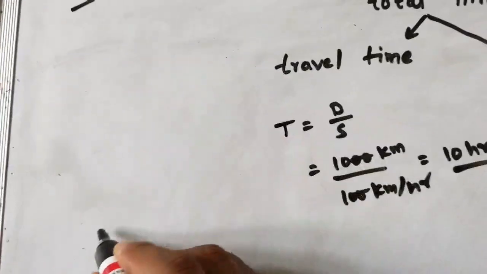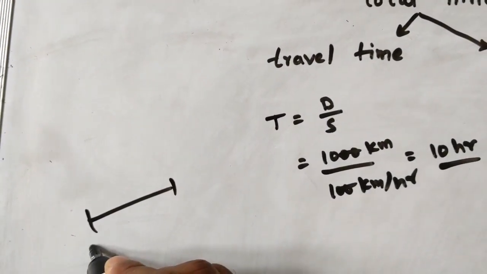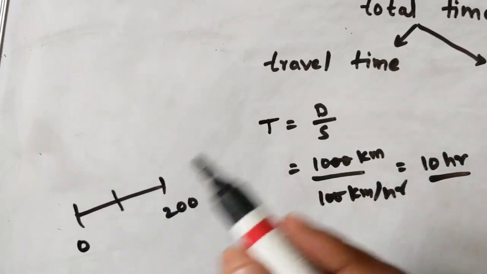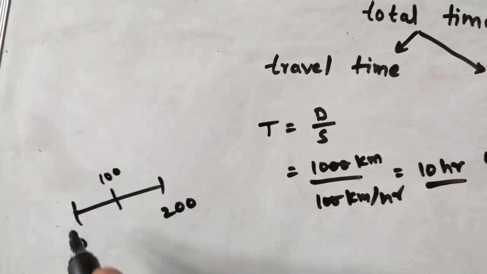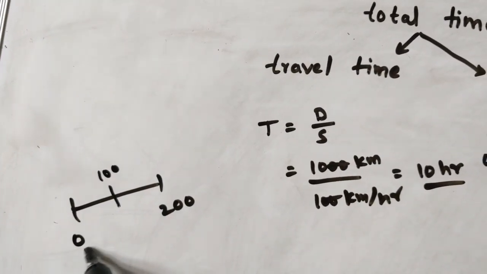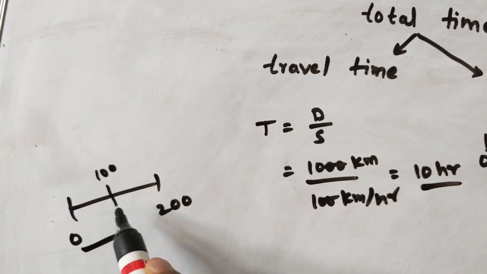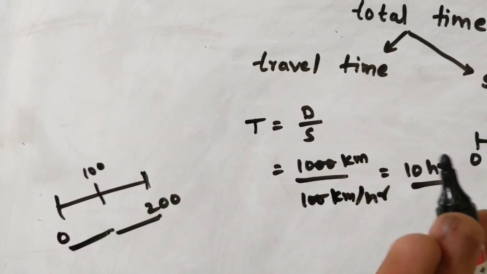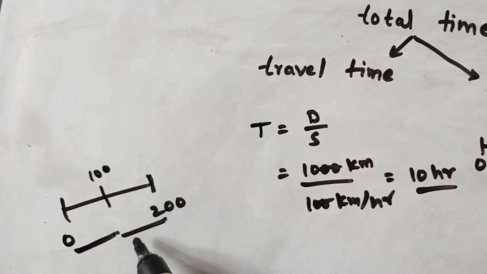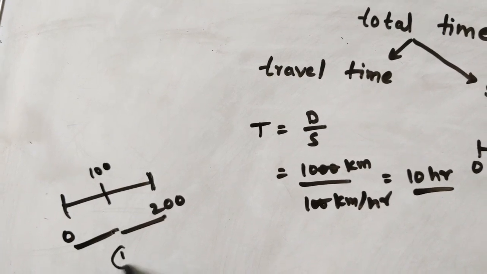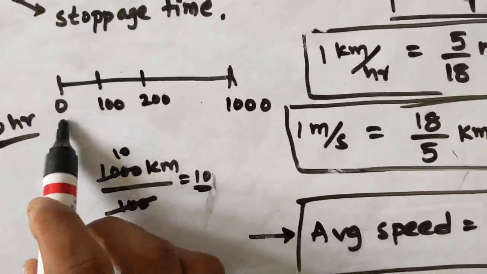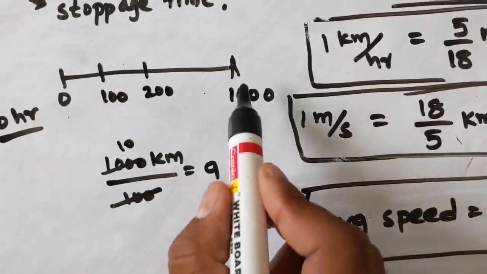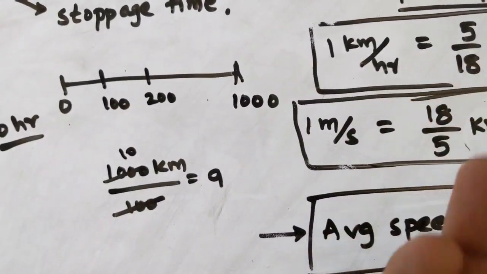For example, I want to travel 0 to 200 kilometers, and a stoppage is every 100 kilometers. See, I am traveling from here to here, one stoppage. From here to here, I am reaching 200 kilometers, right? No need of stopping. I reached. So from 0 to 200 kilometers, how many stoppages? Only one stoppage time. Here also, from 0 to 1000 there will be 9 stoppage times. Why? Because at the 10th stoppage we are reaching the destination. No need of considering that.